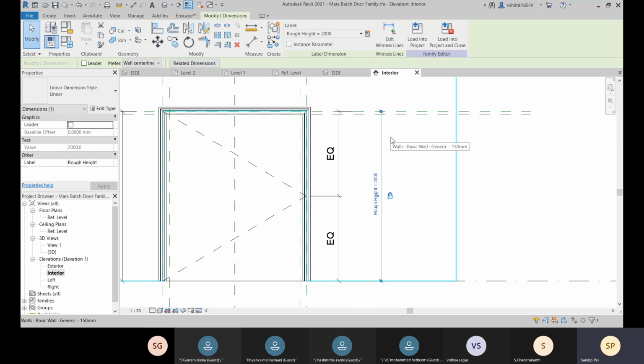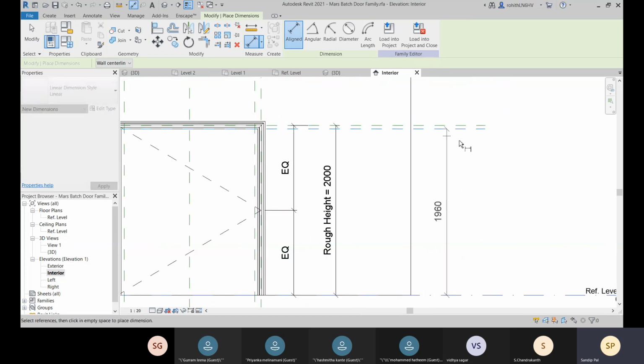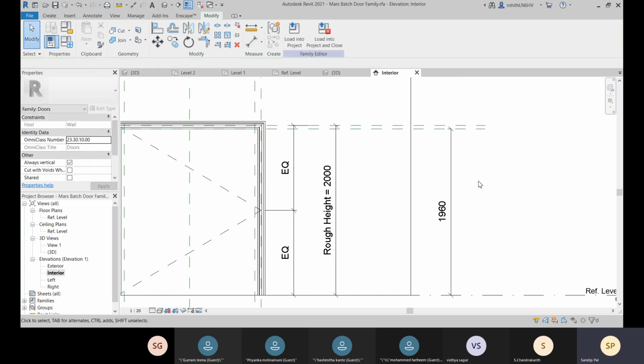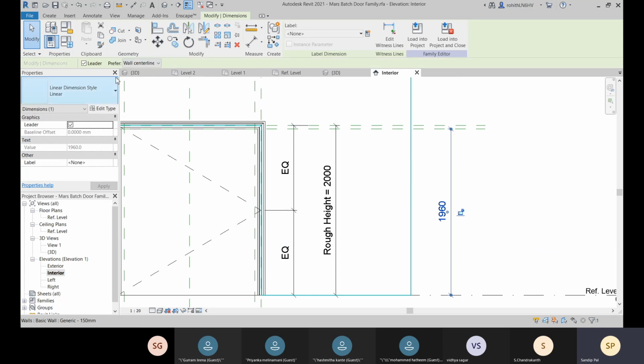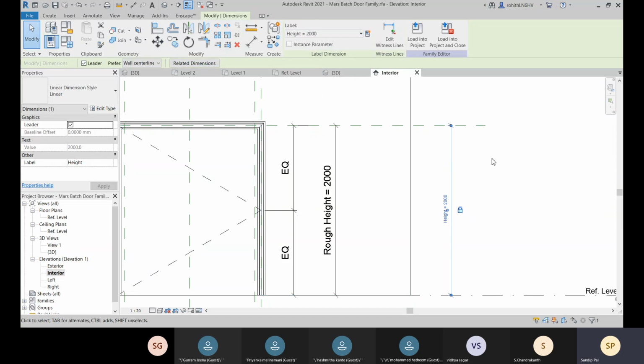Or else let me just check this one to this one, if I can assign. This is 1960, and let's go for this height. Okay, and that is your 1960.